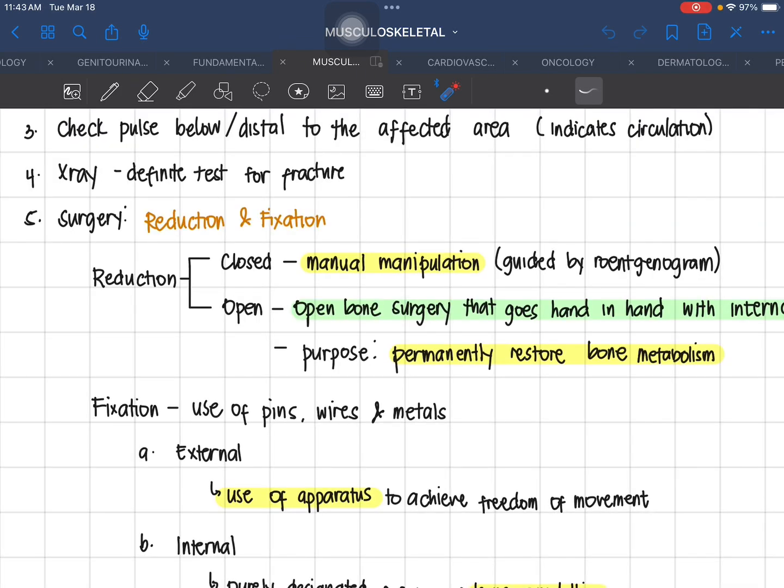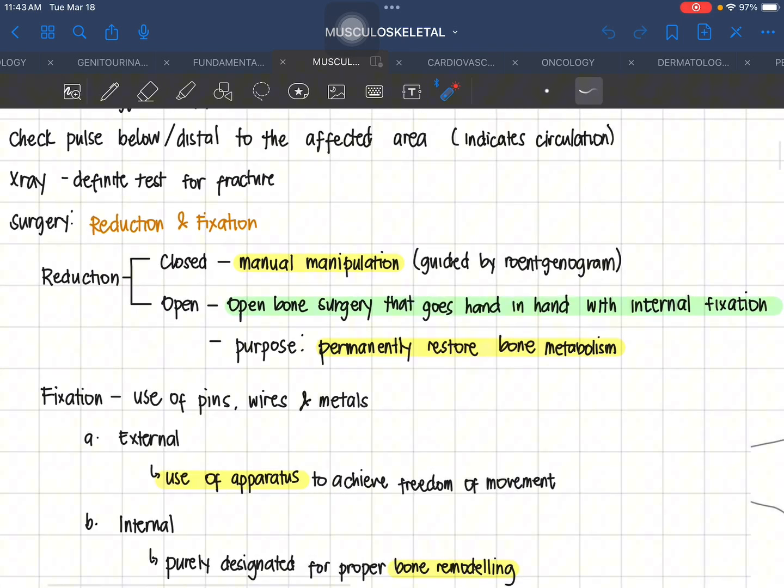Again, ang last na management sa fracture is surgery. So ano yung surgical management ng fracture? We have reduction and fixation. So si reduction, nahati siya sa dalawa. Meron tayong closed and open reduction. Pag closed, sa reduction, ginagamitan siya ng manual manipulation. It is guided by x-ray or Roentgenogram, while yung open,